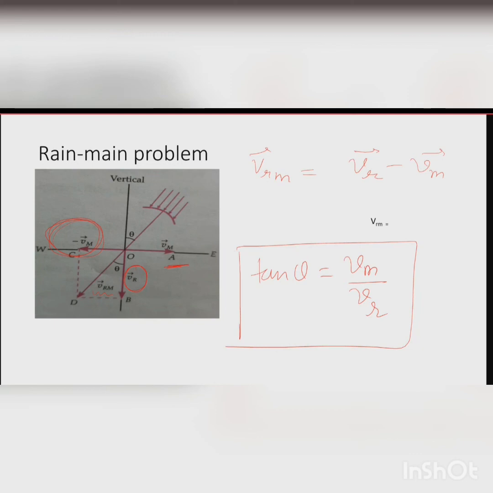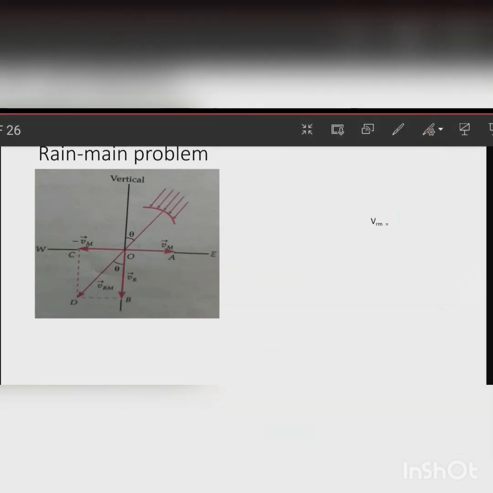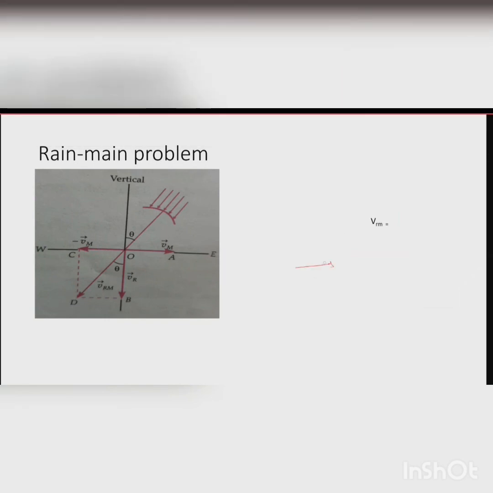But if you get a question where wind is blowing at 12 meters per second and rain is falling vertically at 5 meters per second, and it asks what the velocity is, or at what angle you should hold the umbrella, then in that case, when the wind is blowing, this is the velocity of the wind. The wind will actually carry the rain along with it. It's not just that you will feel it.